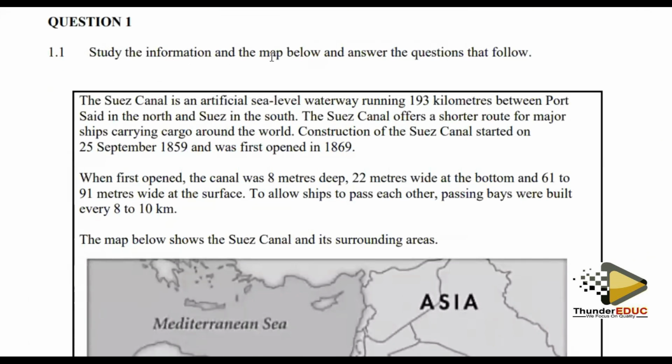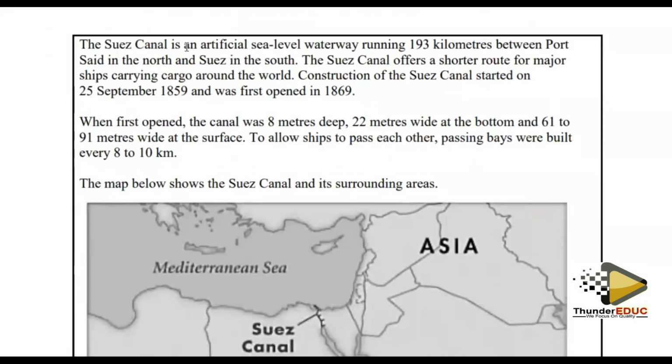Question 1. Enter the information in the map below and answer the following question. Now the questions that follow. The Suez Canal is an artificial sea level waterway running 193 kilometers between